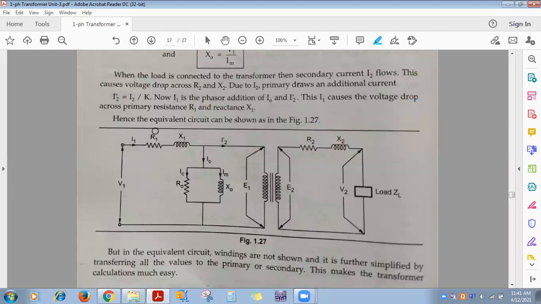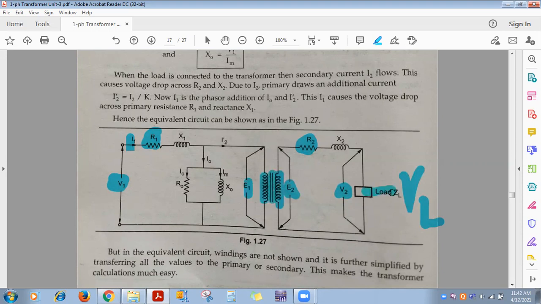So if you observe, what is this R1 here? Resistance of primary winding, resistance of secondary winding, V1 voltage applied to primary winding, which is always constant, I1 current flowing through primary winding, V2 voltage across load, which we mark as VL also. E2 is mutually induced EMF in secondary, E1 self-induced EMF in primary. This is the primary winding, the secondary winding, and the two straight lines indicate the core. These parameters we know, the rest we'll see.